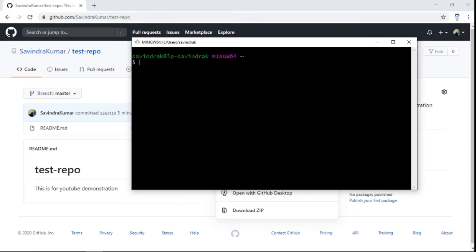There are many GUIs available in the market which you can use for accessing a Git server, but I suggest first you start using Git Bash so that you can interact with many Git commands, and once you are familiar with the Git commands you can shift to any Git GUI.